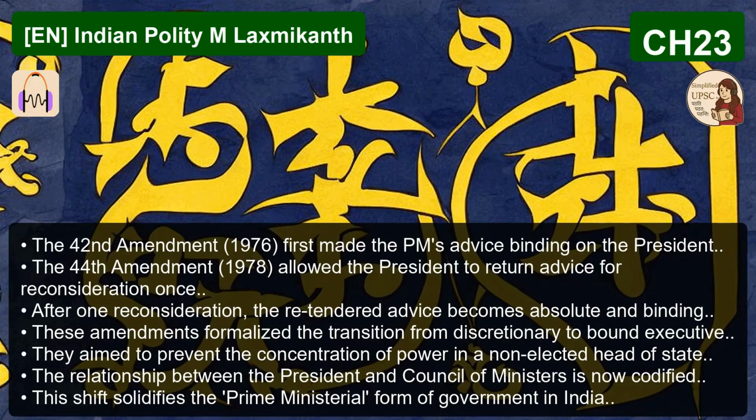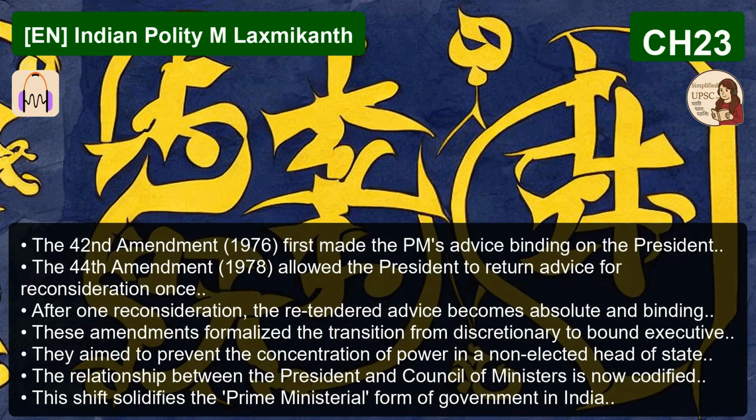And then you have the prime minister, who is the real executive, the de facto head of government. The PM, leading the Council of Ministers, holds the actual, tangible reins of political power. This whole dualism thing is not just a convention, is it? It's written right into the Constitution. Yeah. There's a specific article that dictates how power flows. That's Article 74. It mandates the existence of a Council of Ministers, led by the Prime Minister, and their sole job in this context is to aid and advise the President in the exercise of their functions.